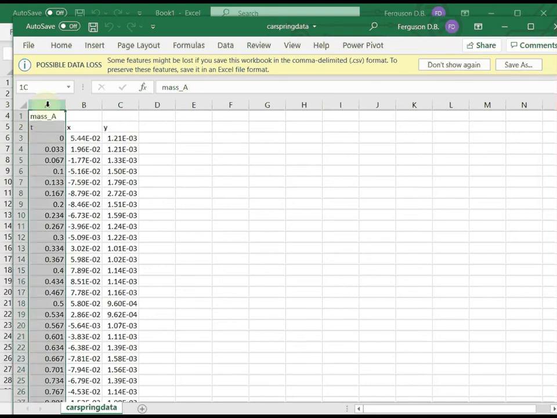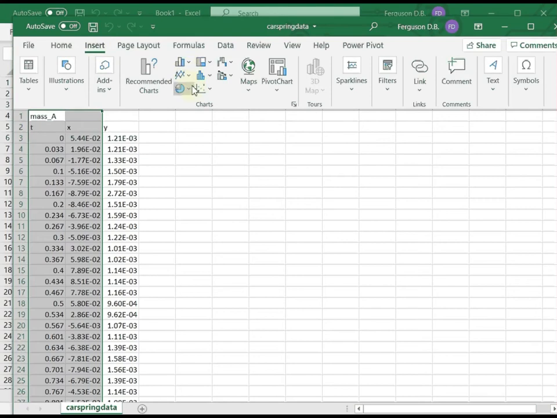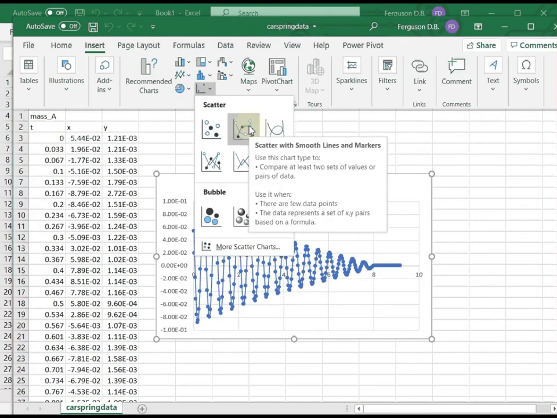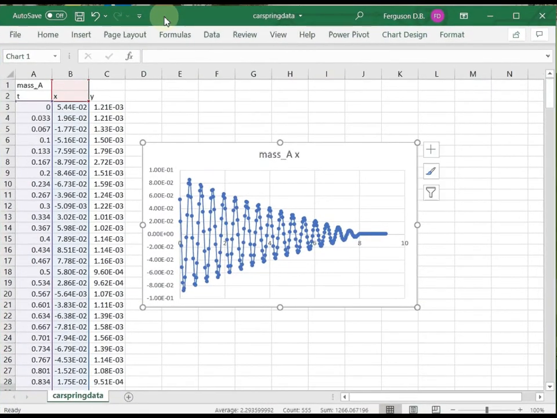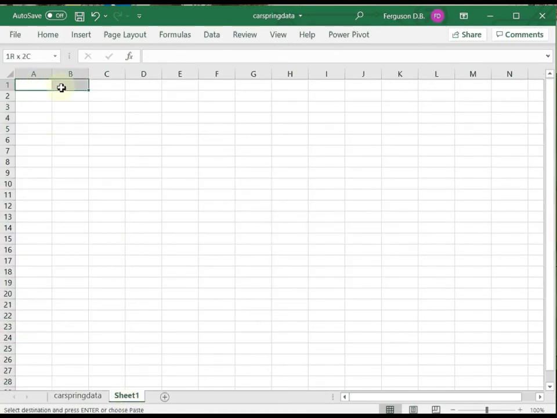Okay, let's have a look and see what the data's like. Actually, I want to insert a chart to see what the spread is, and that's exactly what we're after. So I'm going to now try to find the outer edge, the envelope for the decay. So first thing I'm going to do is copy this data A and B onto a new sheet,